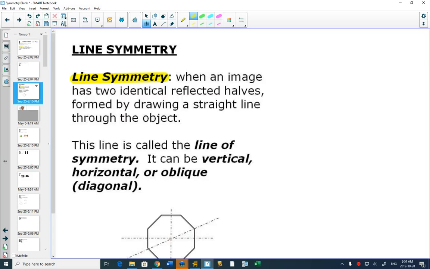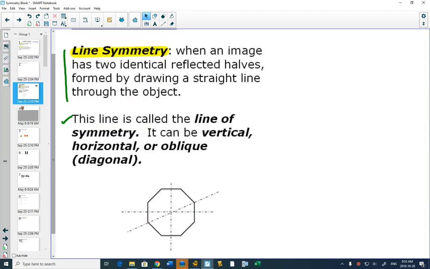So you just need to add this part from here to here in your notes. This part you can see is already on the next page. So once you're finished writing that definition down,